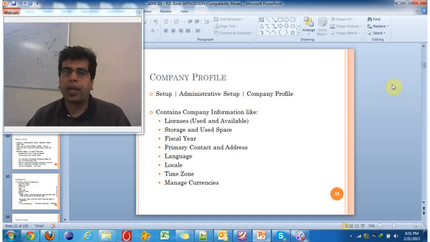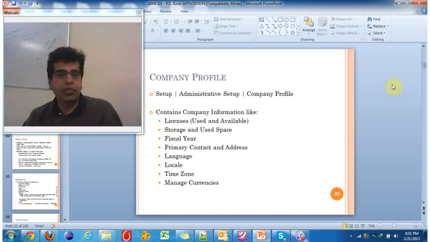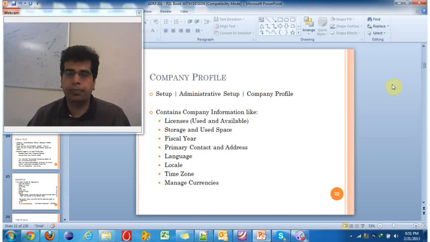So as a first step, how do we go to company profile is, now that you've logged on to Salesforce, on the top right corner just click on your name and then find setup, go to the administrative setup and company profile. Company profile